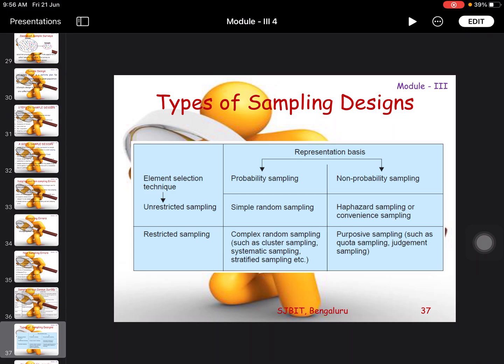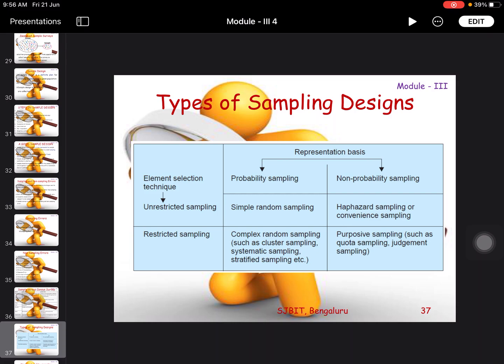So there are different types of samples. Unrestricted sampling is where both simple and random sampling are possible. Non-probability sampling is where you are just collecting for the sake of convenience, or for some information to be obtained, without focusing on a particular parameter; you are collecting it in a haphazard and convenient way. Restricted sampling is where we do cluster sampling,